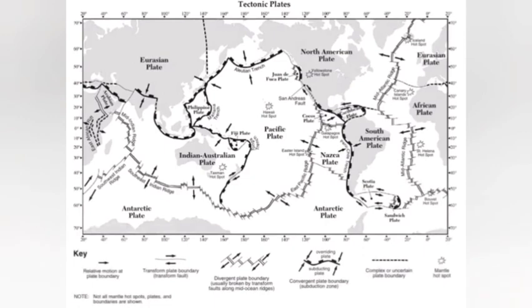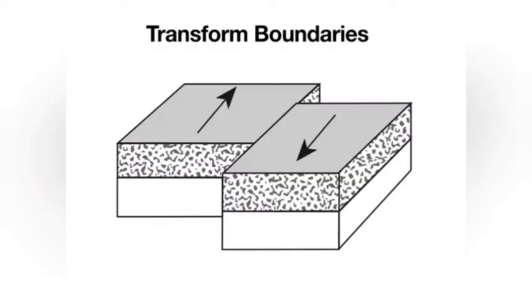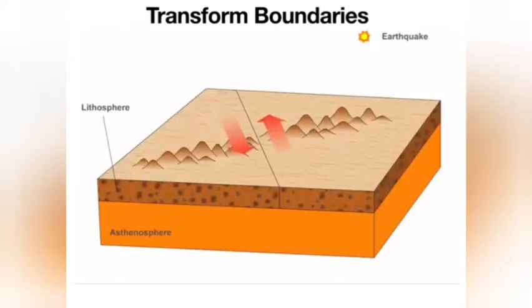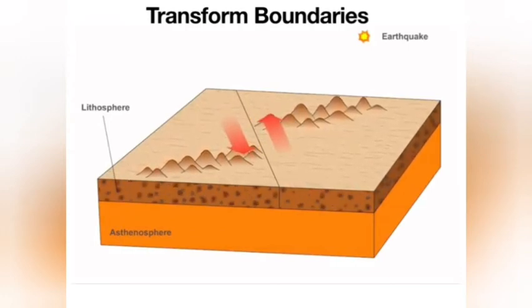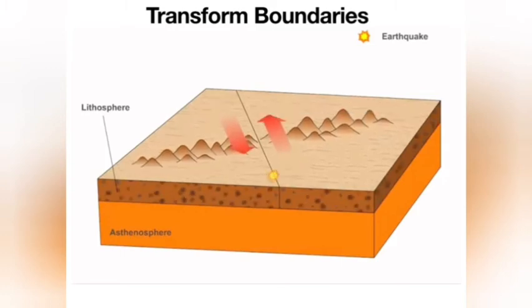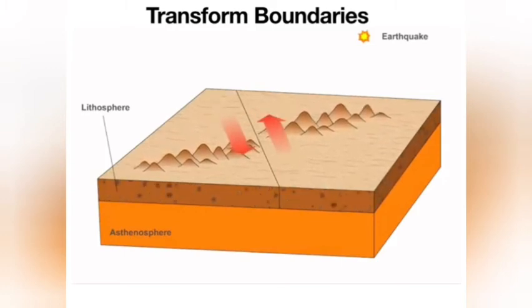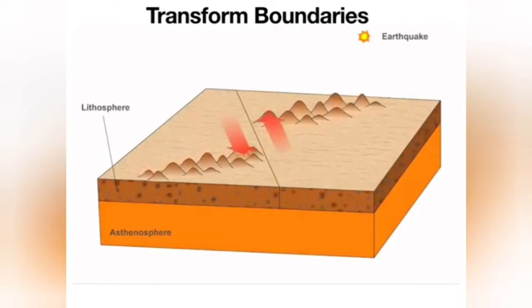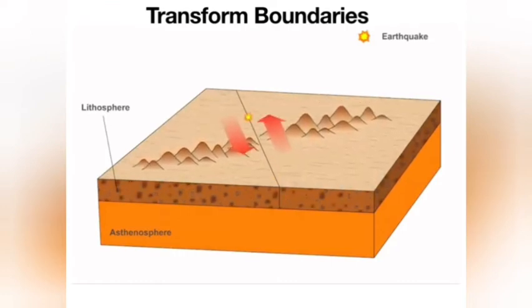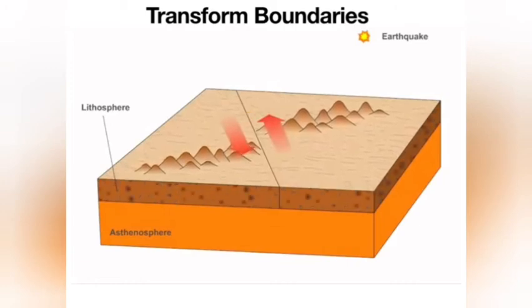Okay, I'm going to be alluding back to this chart. This is a map in your reference tables that shows plate boundaries. So keep that handy as you're continuing to learn about this. Let's start with transform boundaries. So these are the boundaries where plates slide past one another. If you take a look at this animation, you'll notice the lithosphere floating on top of the asthenosphere is being driven by convection currents, which is causing them to slide laterally past each other, right past each other. And so right along that boundary in the middle, you get a lot of pressure built up, a lot of grinding of the plates, which is often released in the form of earthquakes.